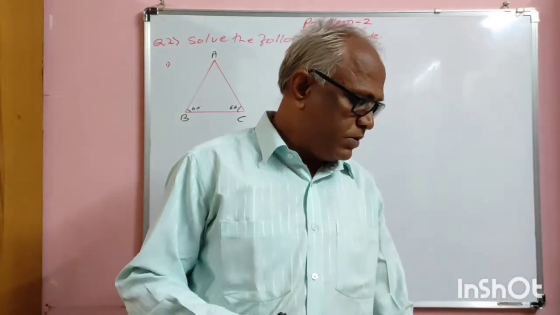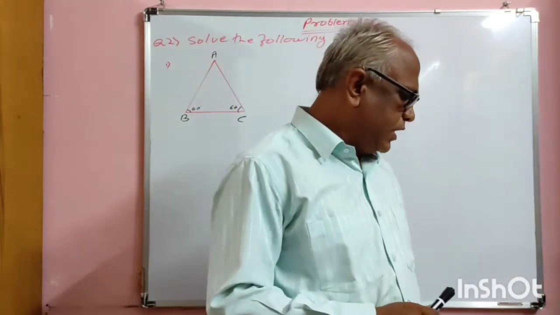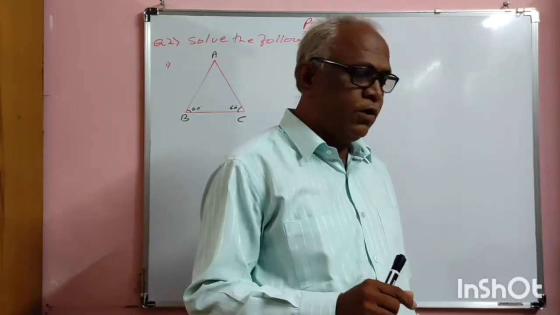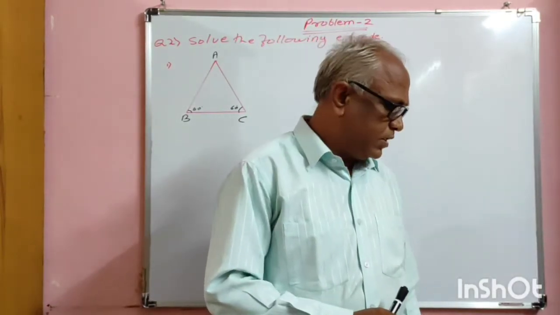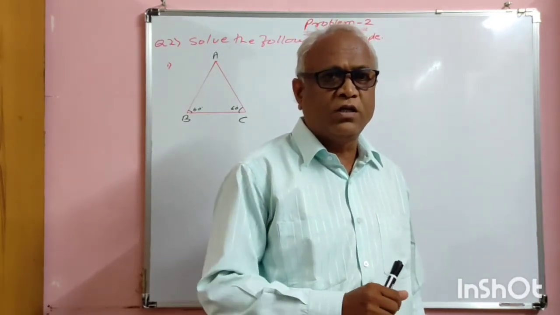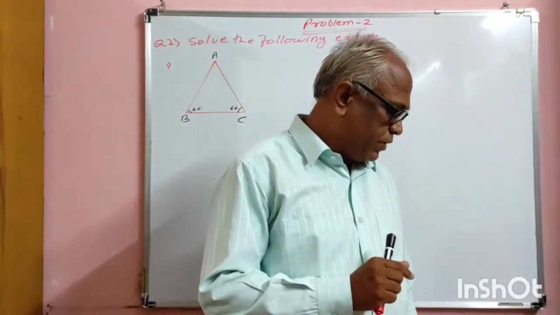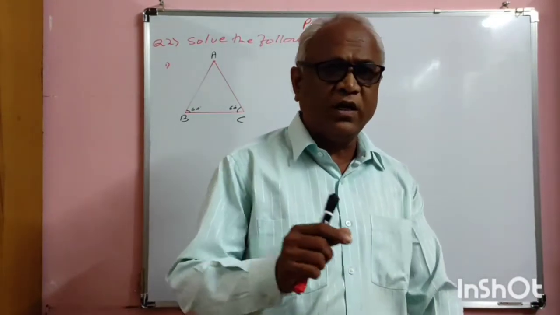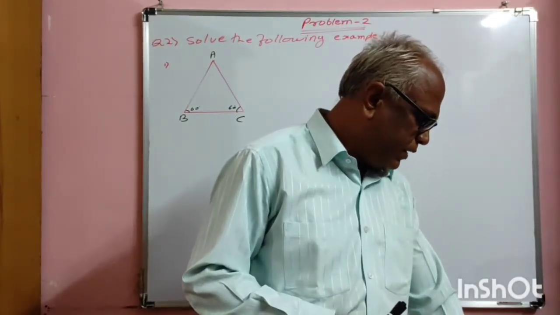So now we are going to see problem set 2, from question number 1. In question number 1, the 6th example has been deducted from this syllabus because of COVID-19. That is, 25% of the syllabus has been deducted from this Maths 2 section. Now question number 1, that is choose the alternatives, is given as homework for you. Now in question number 2 we are going to solve the following examples.